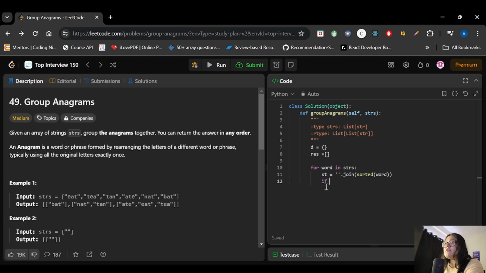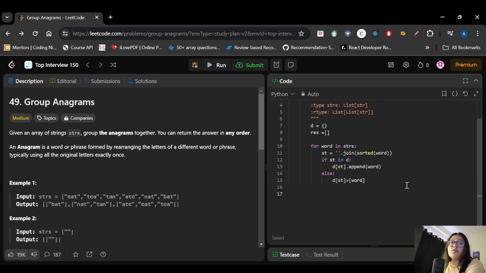Now I will check if this st is in D, then I will take the value and append the word there, right? Otherwise I will start a new key value pair. So for that, D of st equals a list with word. Now this will help me to get the entire hash map.